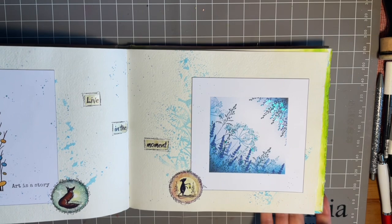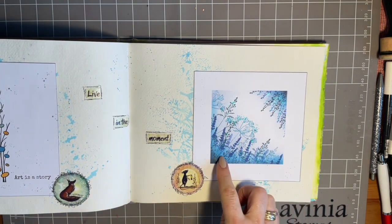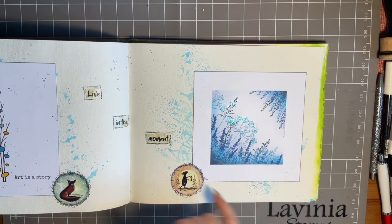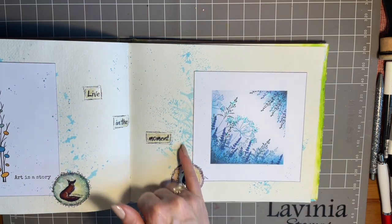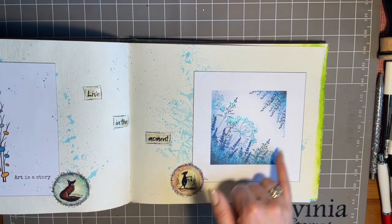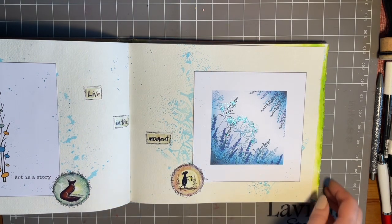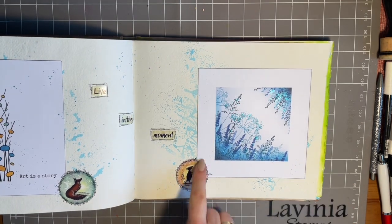And then on this side, we have that beautiful corner to corner design. Again, I've carried it on in blue because this page already had some blue cleanup from one of my stencils. So I knew if I created a design in blue, it would fit perfectly on this card. And to tie the two together, we've got one of our round